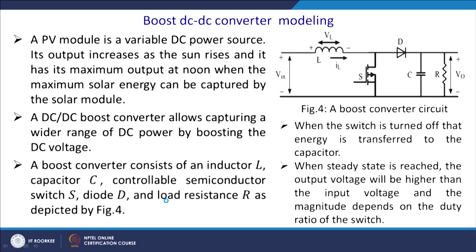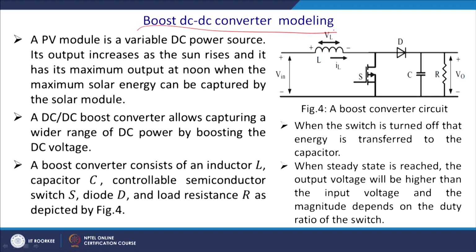Now, we have already modeled the bidirectional DC to DC converter. Now, let us come to the modeling of the non-isolated DC to DC converter, namely the boost converter, and you find many applications in case of DC microgrid kind of applications, because you have a wind turbine that is generating a variable DC, you require to track the MPPT, and thus you have this kind of converter to be placed. Or a PV module, you require to boost it and also track the MPPT to feed the inverter voltage, there also this can be used.